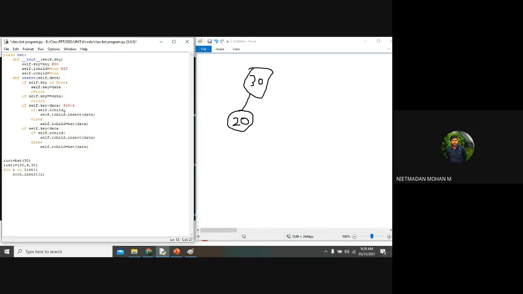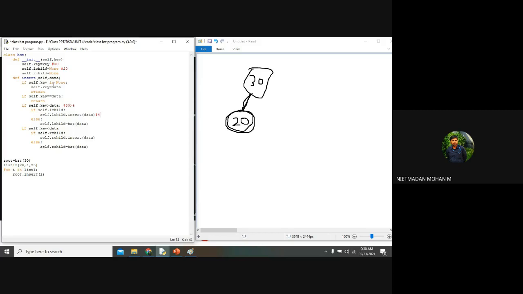This self.L_child is present. Yes, after the 30, the self.L_child is present, one child for that particular 30. So now this will be executed. Here self.L_child.insert, again it will call the insert function with the data of 4.